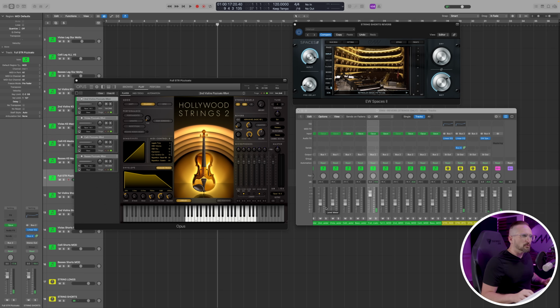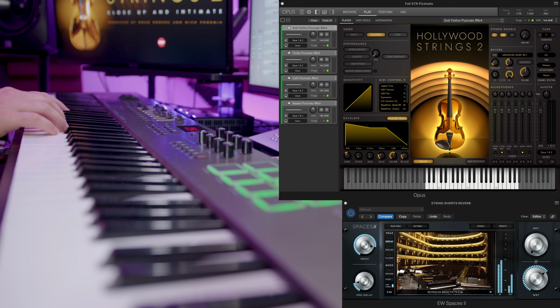All right, so that might be a little bit too wet. So what we can do is just turn down the level of the send. So now instead of sending 100% of that duplicated signal to the String Reverb auxiliary track, now we're sending -3 dB of the original signal. So that's feeling pretty good to me. You don't need a lot of reverb for pizzicato strings or string shorts in general. And this is a fairly medium reverb just in terms of how long the tail is.